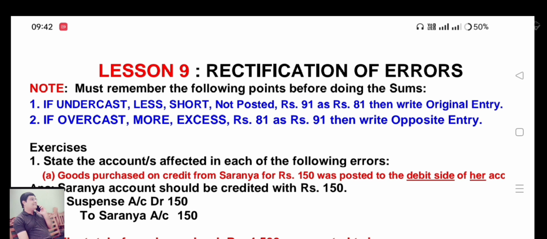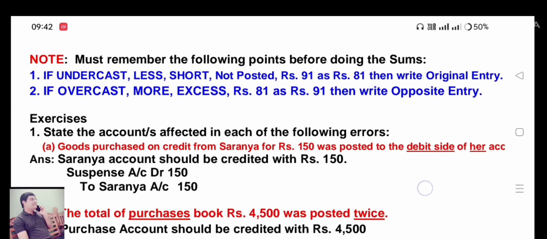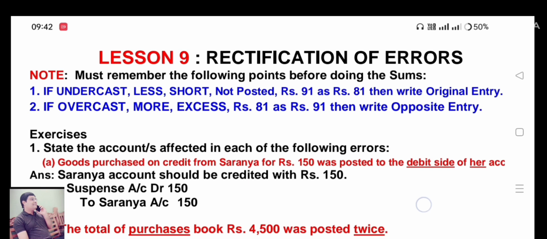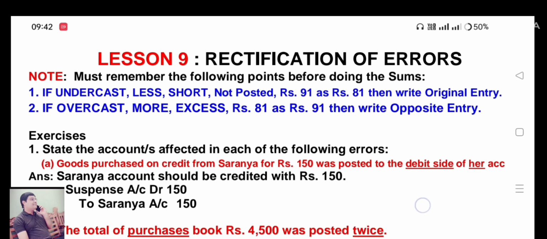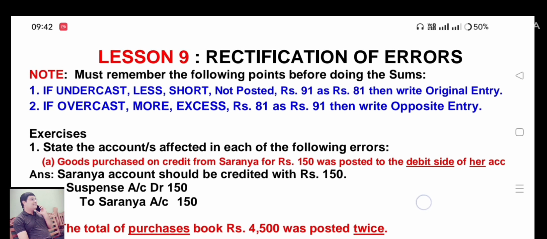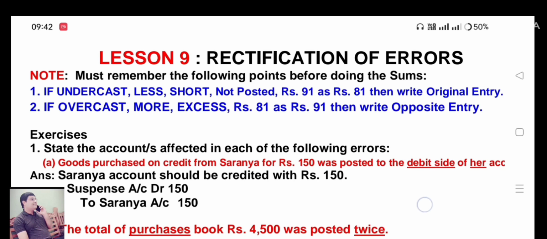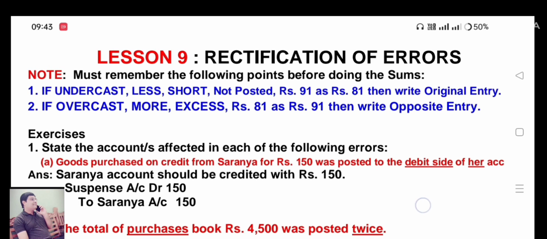See, there are so many errors. Why are we finding out the errors? Because to know the correct financial position of the company, we have to rectify all the errors. There are so many types of errors which have been done in a company